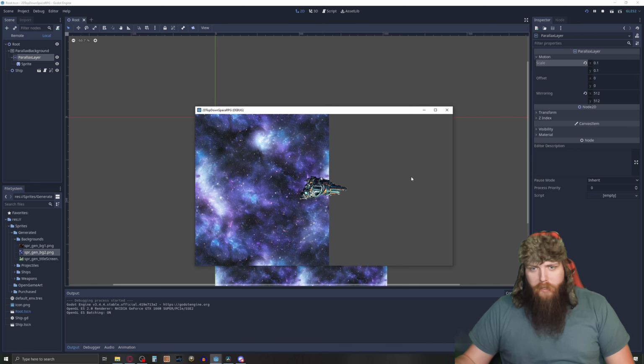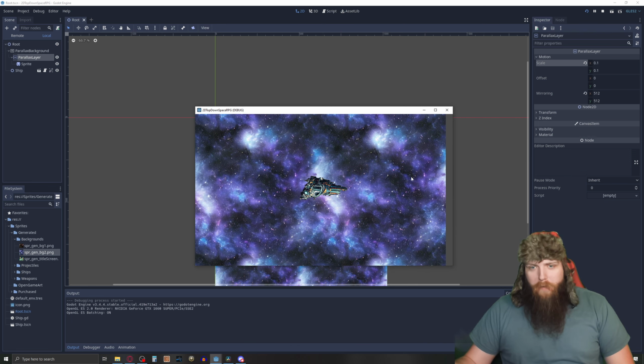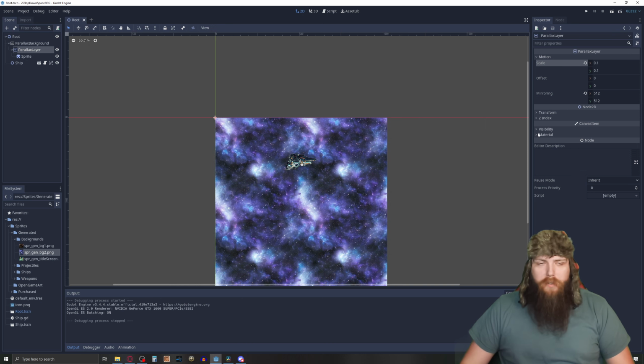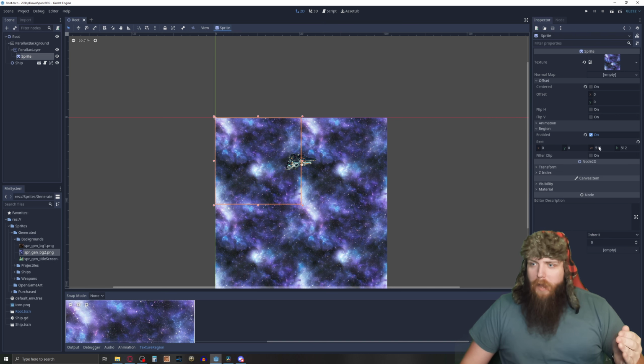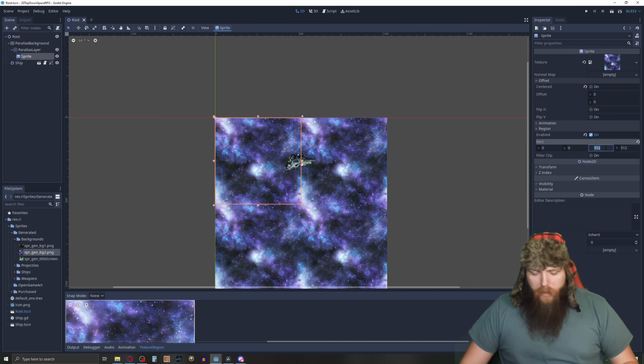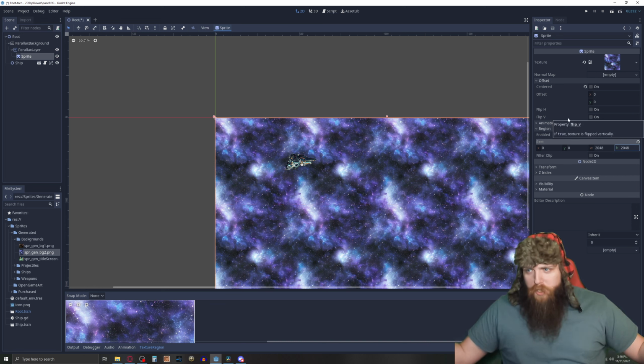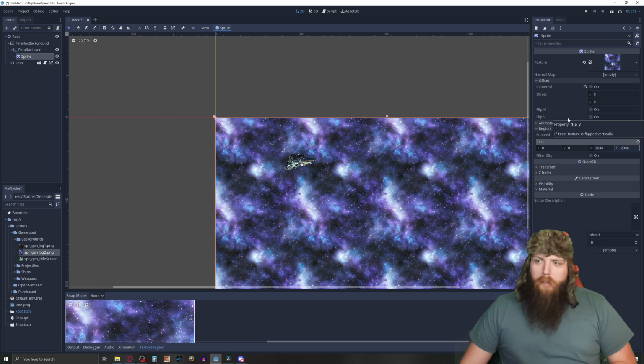Like it just doesn't work. There we go. See, it just doesn't work with tiny images. So what you have to do is make your sprite bigger. So for that, I enabled region, and then I just set it to be 2048 by 2048, which is pretty huge. I mean, that should handle